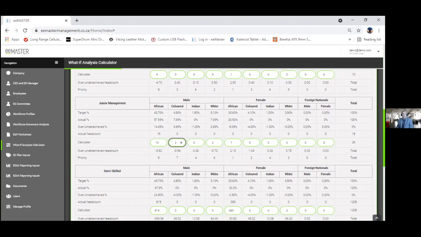As a matter of fact, for employment equity purposes, it would be a plus point when you do your reporting to the Department of Employment and Labor, and the Department will really appreciate that. So when we consult with companies throughout South Africa and talk about your plan, maybe a 2-year or 3-year plan going forward,